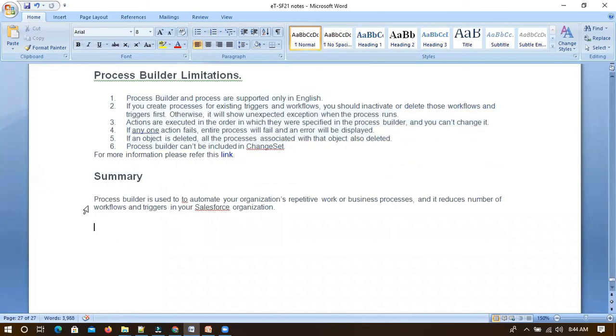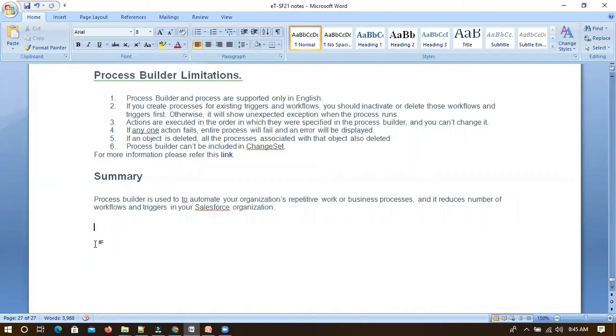So finally, the summary is something like this. Workflow and process builder are both automation tools given by Salesforce. We can do some sort of automated actions through workflow or process builder based on some criteria at the object level. For each object we have to define it. As per best practice, we should define one workflow per object, mostly for a single criteria.